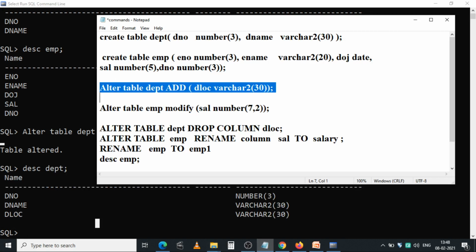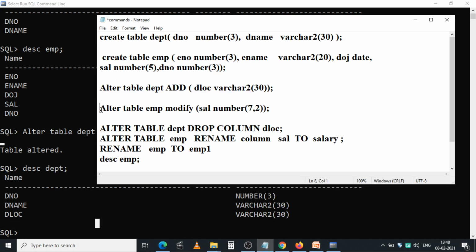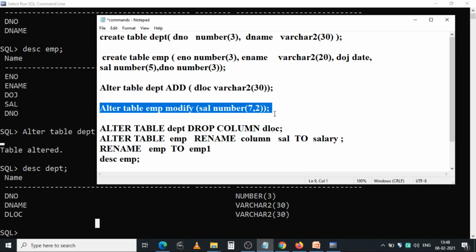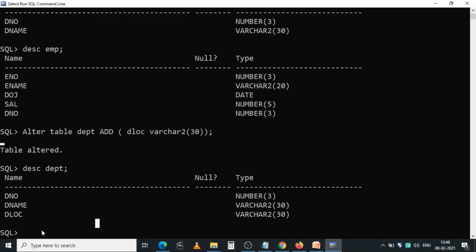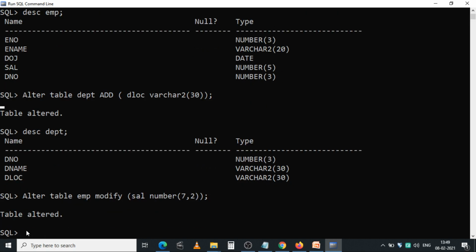Next, I want to modify the salary column's size in the EMP table. Table altered. Now you have to check the structure of the EMP table.